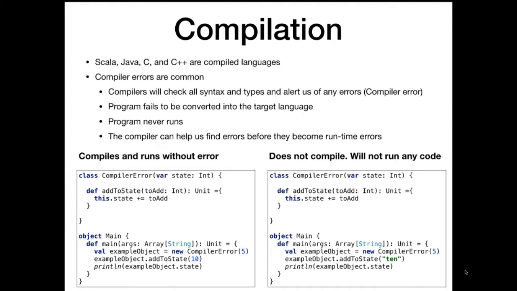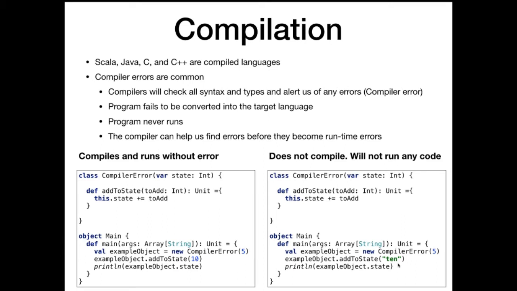I'm not going to compile this code because I don't know how to convert it into the other language. So it's a no-go. In Python and JavaScript last semester, you would be able to run your programs even if they had errors, and then the program would just crash when it got to your error. In Scala, you can't run. You hit the run button, the play button, it's going to go to compile, and then it's not going to be able to compile, give you a compiler error, and then not even get to the point where it's running.